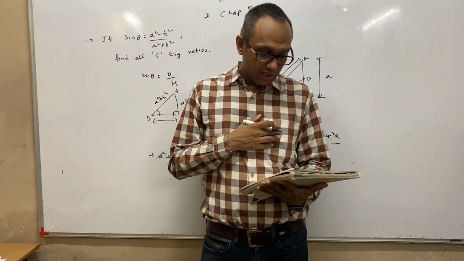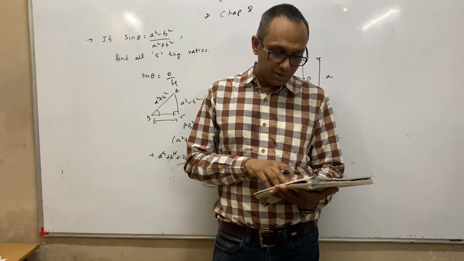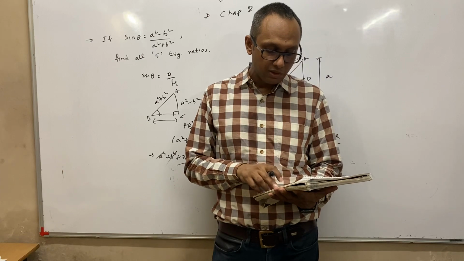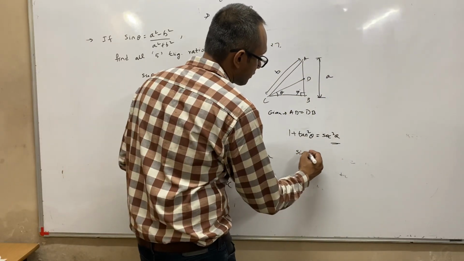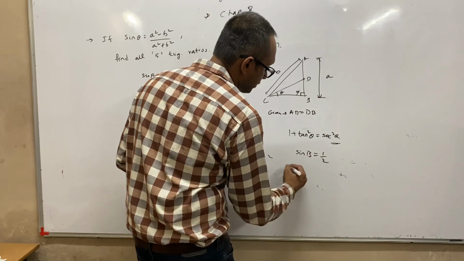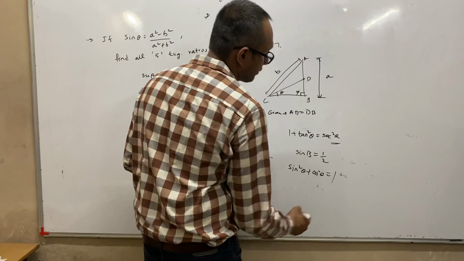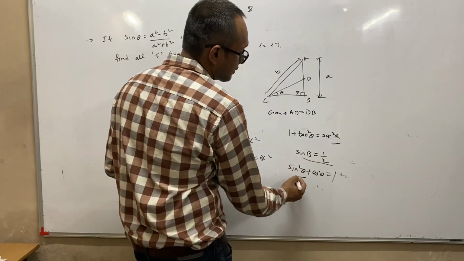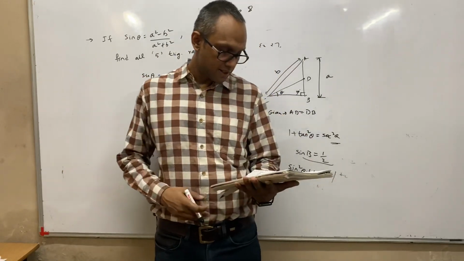Example 16, again in this, if you see, if sin B is equal to 1 by 2, show that 3 cos B minus 4 cos cube B is equal to 0. Sin B is given, sin theta is given here, or sin B is equal to half. And you know the identity, sin square theta plus cos square theta is equal to 1. So if you substitute this value of sin over here, you can get the value of cos, then your sum will be faster.